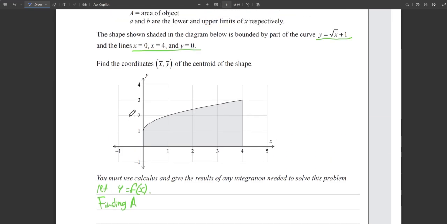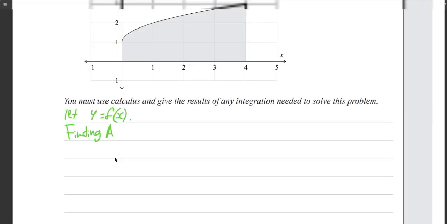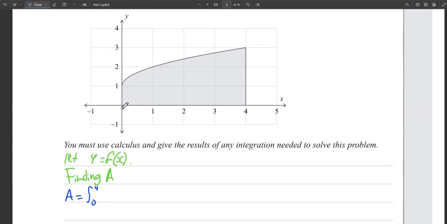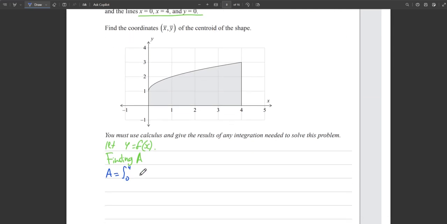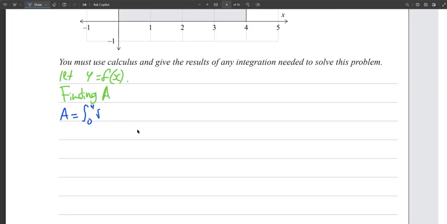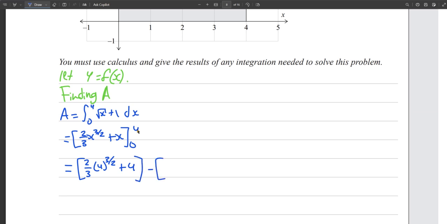So our area a is going to be the integral from 0 to 4, because this is our function, root x plus 1, which spans from x equals 0 to x equals 4, of the square root of x plus 1 with respect to x, and this will give us 2 on 3, x to the 3 on 2, plus x between 0 and 4, which will just then give us 2 on 3 bracket 4 to the 3 on 2 plus 4 minus, and then those two terms will just become 0, so 0 plus 0. And putting that in your calculator,